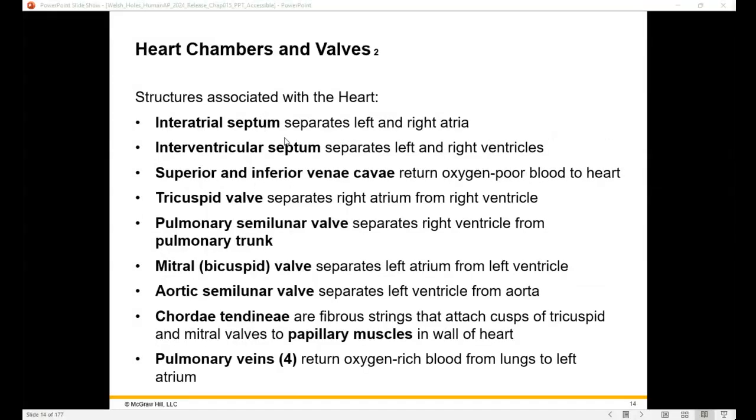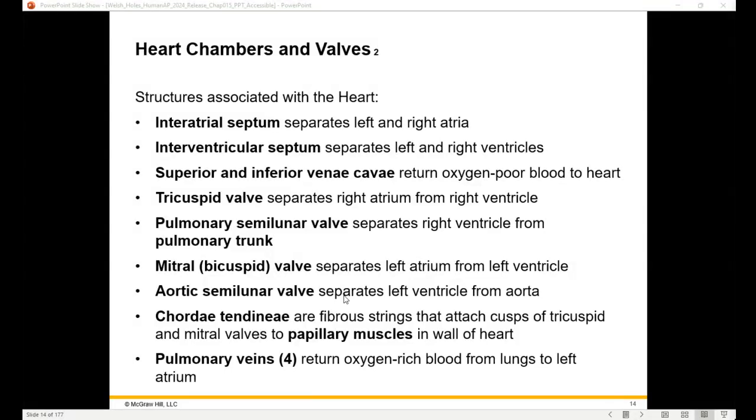Structures associated with the heart also include the interatrial septum that separates the left and right atria, the interventricular septum that separates the left and right ventricles, the superior and inferior vena cava, which return oxygen-poor blood to the heart, the tricuspid valve that separates the right atrium from the right ventricle, the pulmonary semilunar valve that separates the right ventricle from the pulmonary trunk, the mitral or bicuspid valve that separates the left atrium from the left ventricle, the aortic